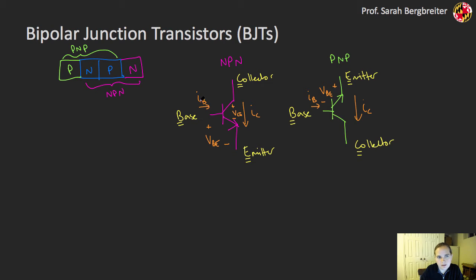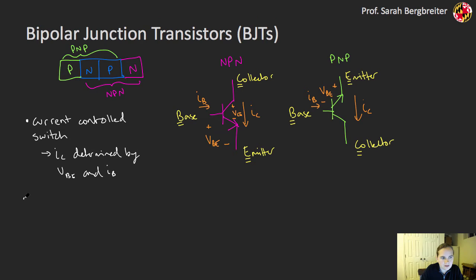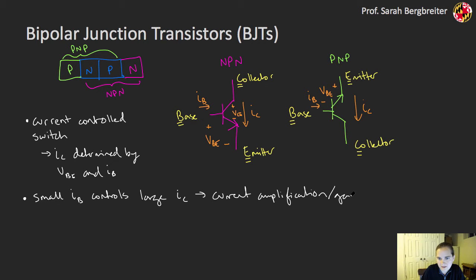And the key point of these bipolar junction transistors is that they're effectively a current-controlled switch. So my collector current here, this IC going between the collector and the emitter, is going to be controlled by my base current and this drop between the base and the emitter, this VBE term. The other key point for my transistors in general, in this case BJTs, is that my base current can be small, and that can control a very large IC. This is effectively giving me current amplification, or current gain is another term for it, and oftentimes you'll see that written as beta